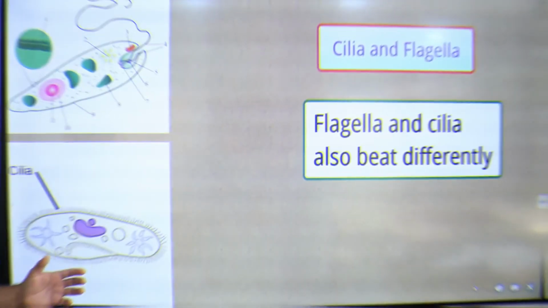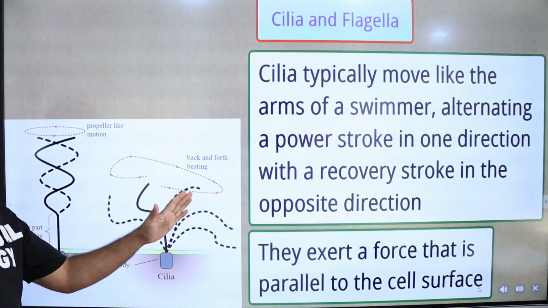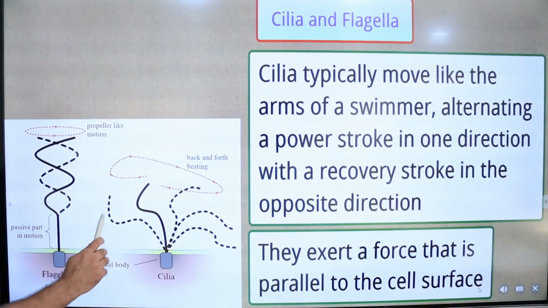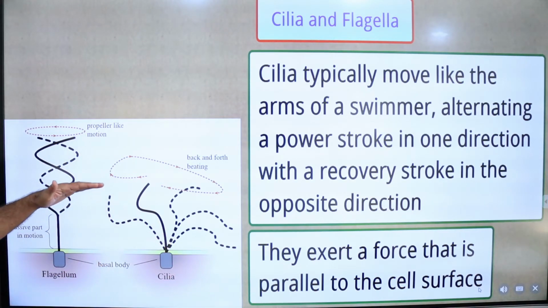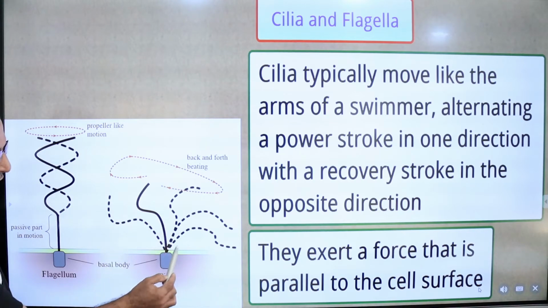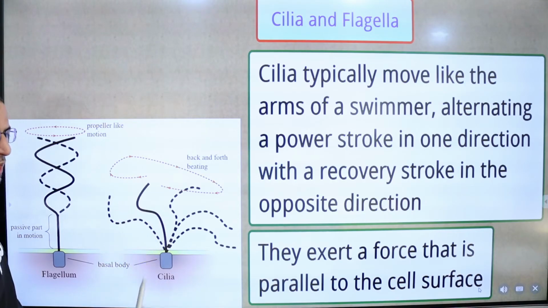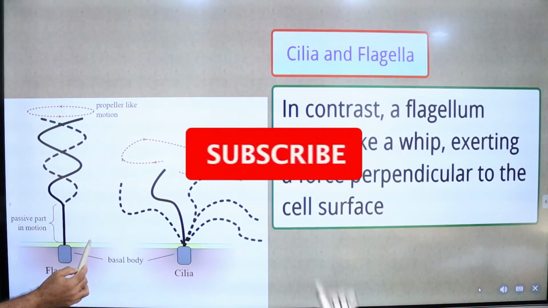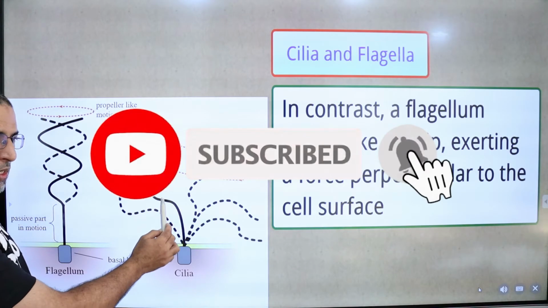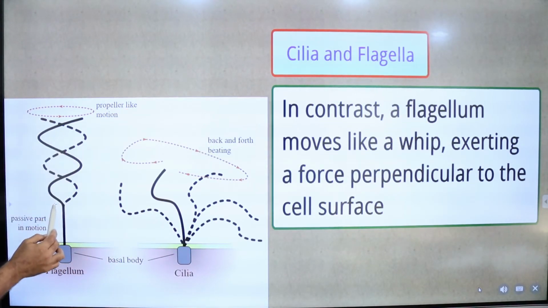And flagella and cilia also beat differently. Cilia typically move like the arms of a swimmer. They have an alternating power stroke and recovery stroke. Both are in opposite directions, but they exert force which is parallel to the cell surface. So, this is the cell surface, and cilia exert force which is parallel to the cell surface. But flagellum moves like a whip, exerting a force which is perpendicular to the cell surface. So, cilium exerts a force which is parallel to the cell surface, and flagellum exerts a force which is perpendicular